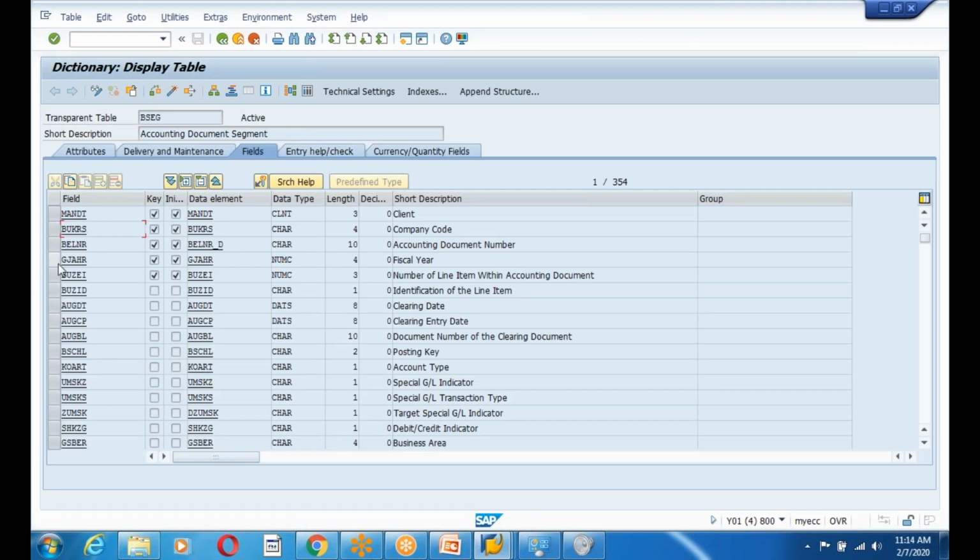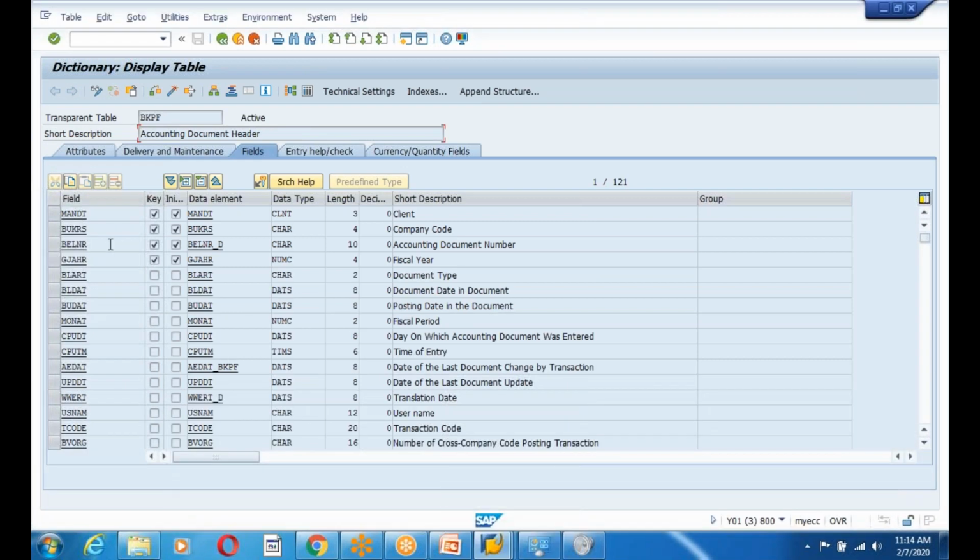So here you can see there are different kinds of key fields, guys. Here the key fields are company code and accounting document. In which company code the accounting document is posted. So what we told, right, whatever cash and money is coming inside and going outside, everything will be posted against the company code. So company code is a business legal entity for an organization. That's why the company code is a key field, and BELNR, which is the accounting document number, and also